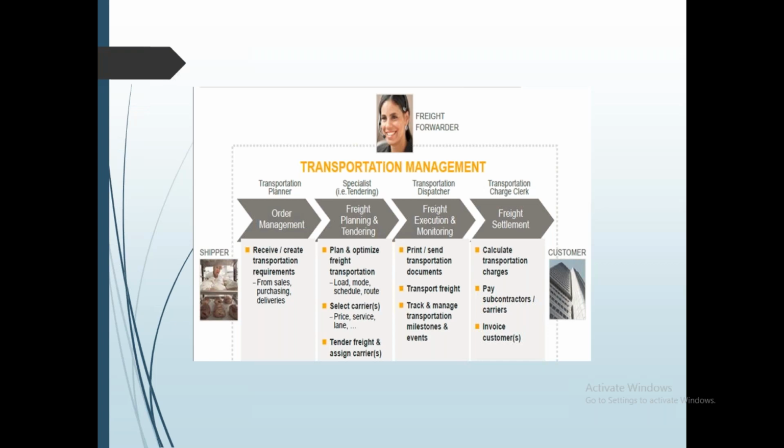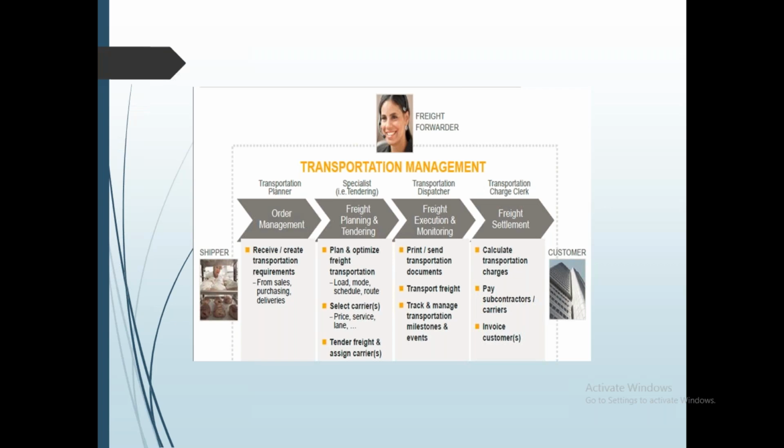When I say location, for example, if you are shifting your house from Bangalore to Chennai, you need to call a trucker or a carrier, like FedEx or UPS or some other company, who will come to your house. They will pick up the goods from the Bangalore location. Bangalore is the pickup point, which is nothing but the source location, and then they will load it into the truck, and the truck will carry all the products or items from your source point to your final destination point, which is Chennai.